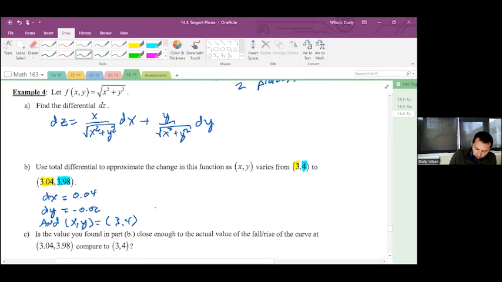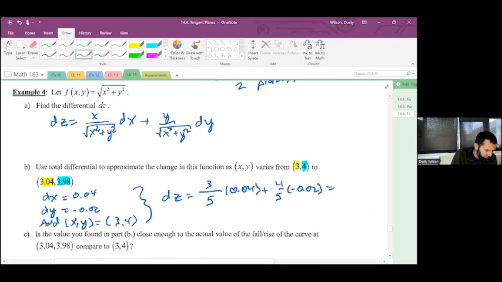So all these things tell me that dz is equal to 3 over the square root of 3 squared, which is 9, plus 4 squared, which is 16. So 25, the square root of 25 is 5, times 0.04, plus we'll have y, which is 4/5 times negative 0.02,